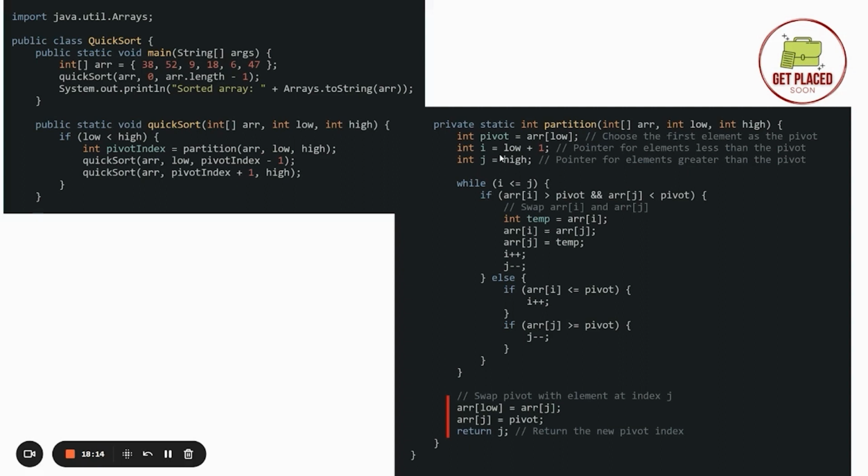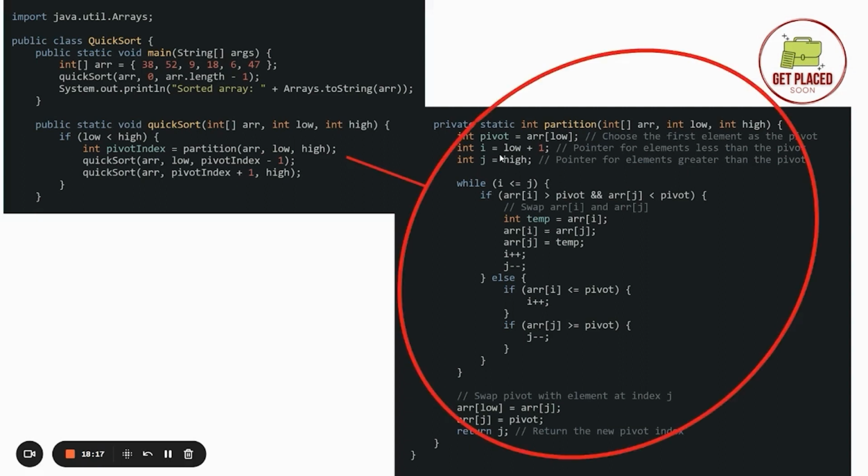So once we are done with this partition process, we got the jth index as the new pivot element, then we will go back to the quicksort function. Then again, all the elements to the left side of the array will become the left subarray, and all the elements to the right side, the right subarray. We recursively call the quicksort function for the left subarray and the right subarray. And again it goes to the partition function and the cycle repeats until all the elements in the array are sorted. So this is how quicksort works